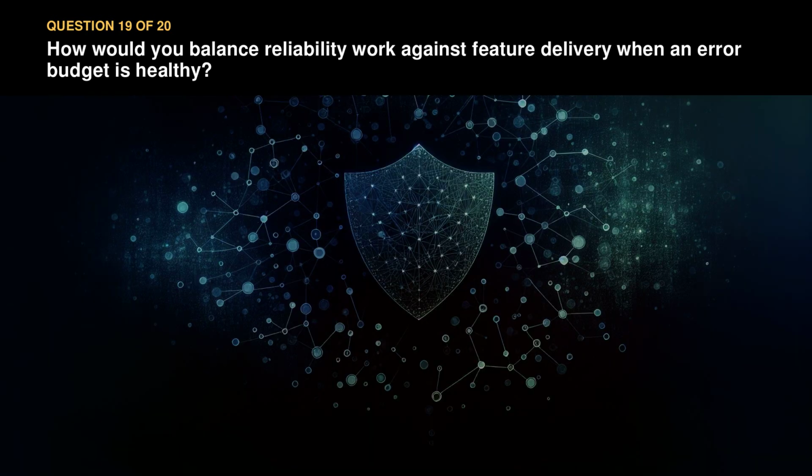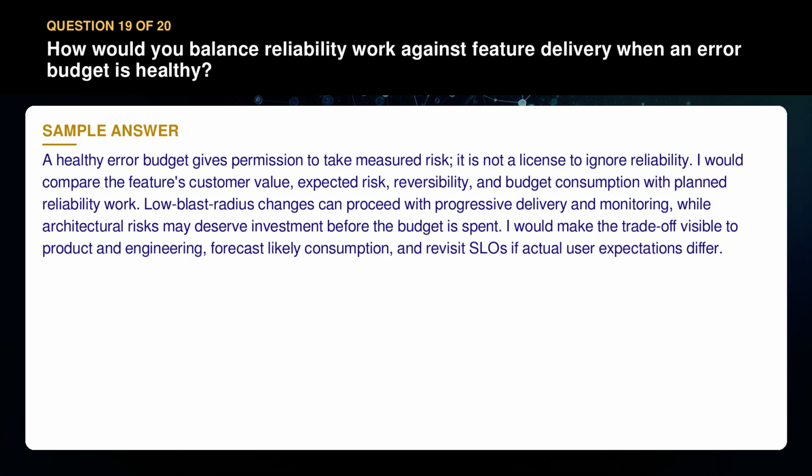Question 19. How would you balance reliability work against feature delivery when an error budget is healthy? A healthy error budget gives permission to take measured risk. It is not a license to ignore reliability. I would compare the feature's customer value, expected risk, reversibility, and budget consumption with planned reliability work. Low blast radius changes can proceed with progressive delivery and monitoring, while architectural risks may deserve investment before the budget